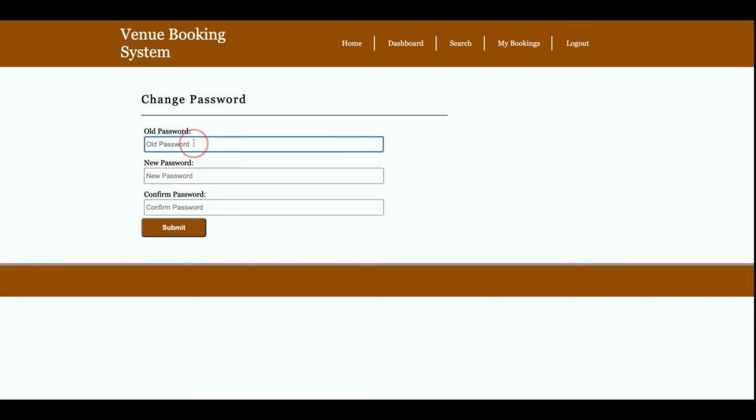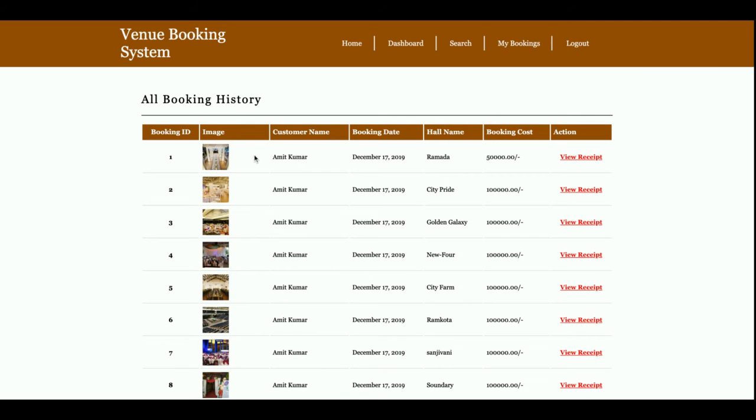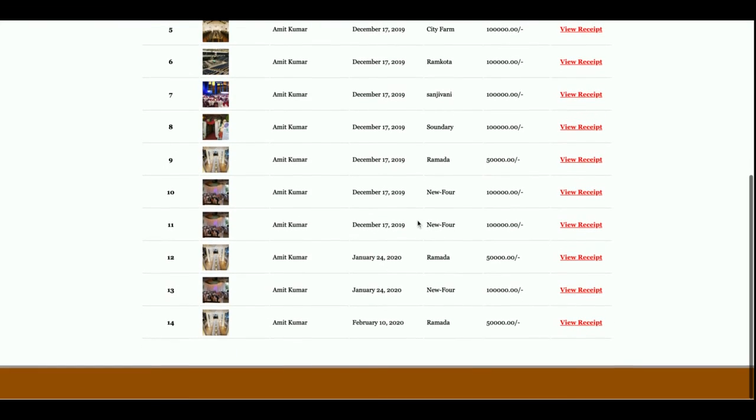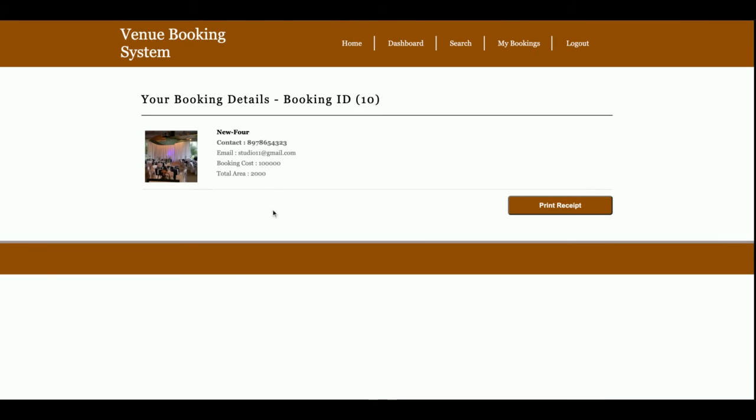From here you need to enter the old password, and after that the new password and confirm password. After changing the password, you will be able to log in with the updated password. You can see the above menu has changed after the login. Once you click on my bookings, you will be able to see all of the bookings you have made. Once you click on view receipt, you will be able to see the receipt.